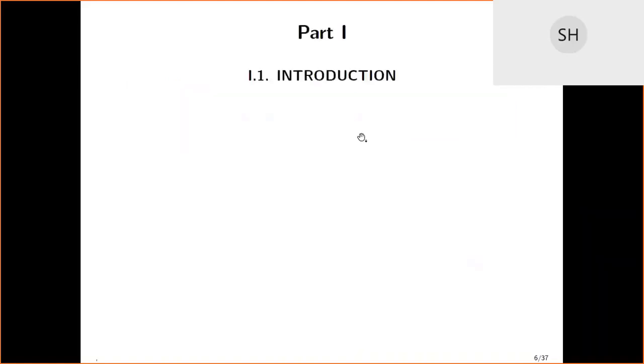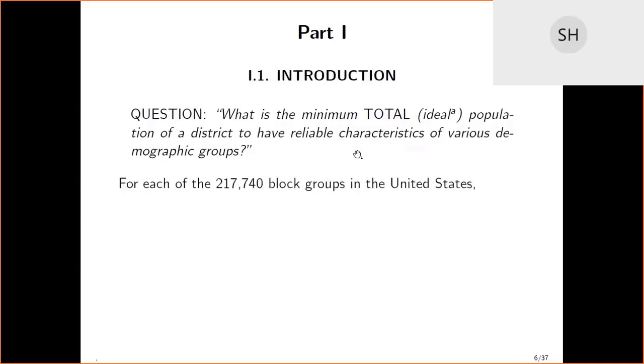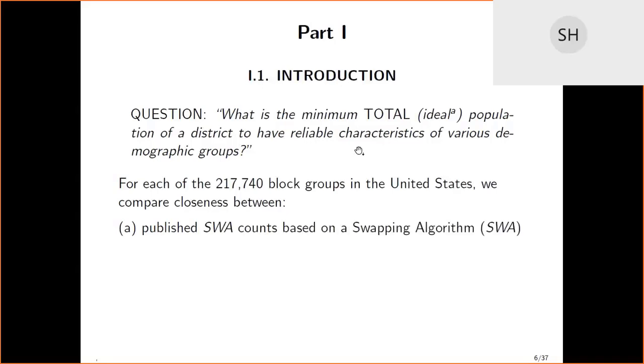Now I will go into Part 1, Introduction. The question again is, what is the minimum total population of a district to have reliable characteristics of various demographic groups? We use data to illustrate everything we're going to say. For each of the 217,000 block groups in the United States, we compare closeness between the published swapping counts